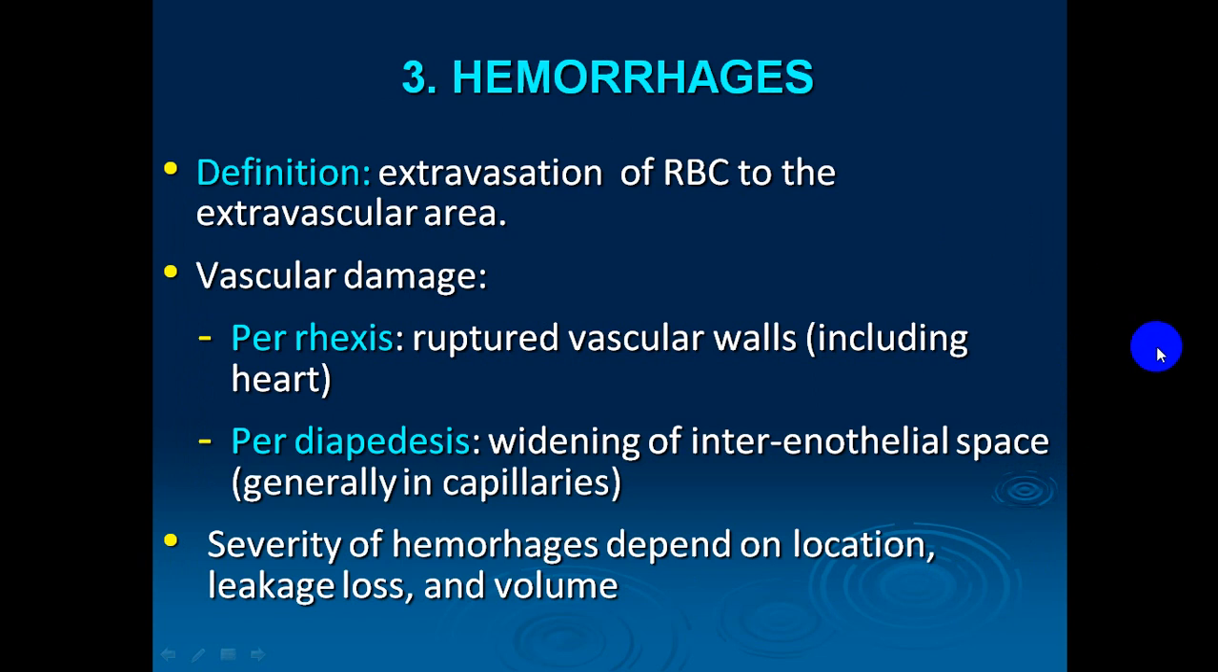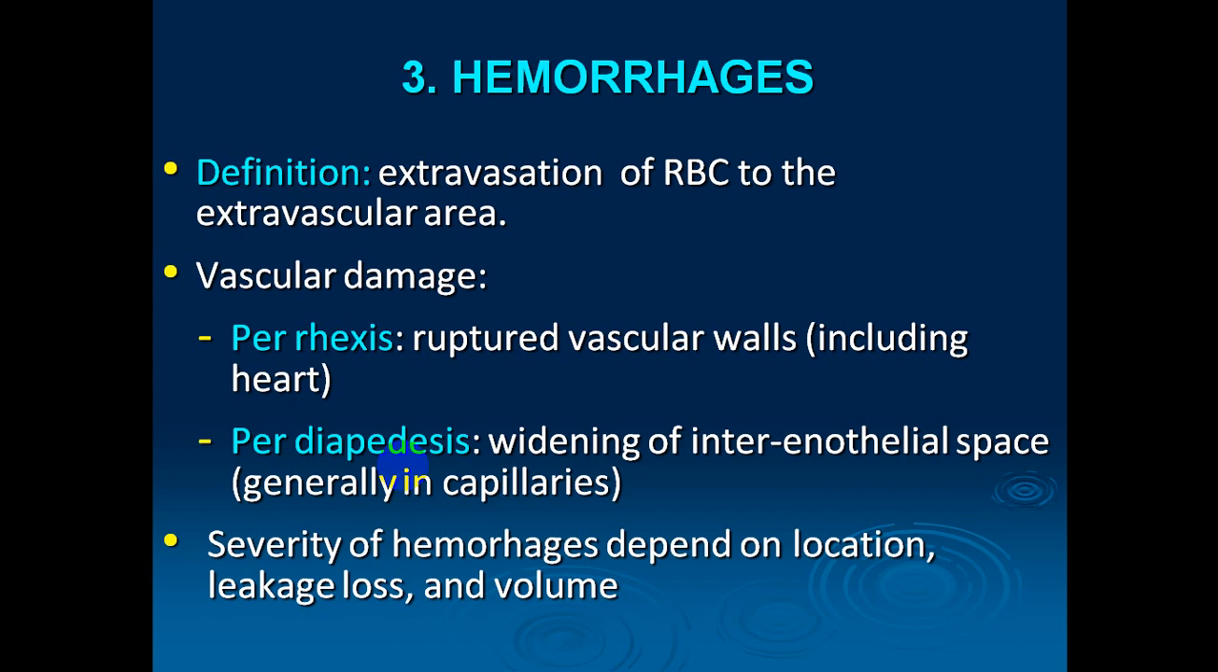And then next is about hemorrhage. Hemorrhage is blood escaping to the extravascular area. It can happen due to vascular damage. Vascular damage can be per rhexis, which means ruptured vascular walls. Or hemorrhage or damage in the blood vessels can also happen per diapedesis. Per diapedesis means there is no rupture, but the space between endothelial cells will be wider. Okay, the space will be enlarged, and it initiates the movement of red blood cells into